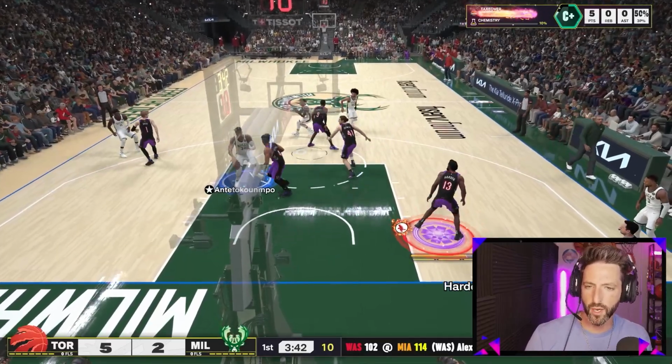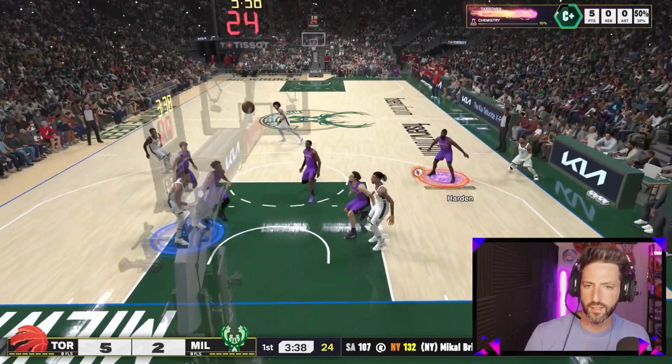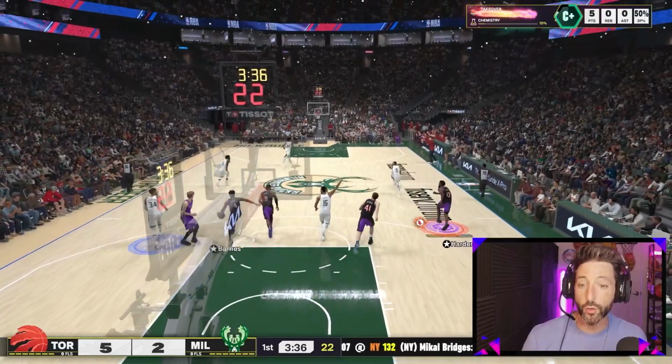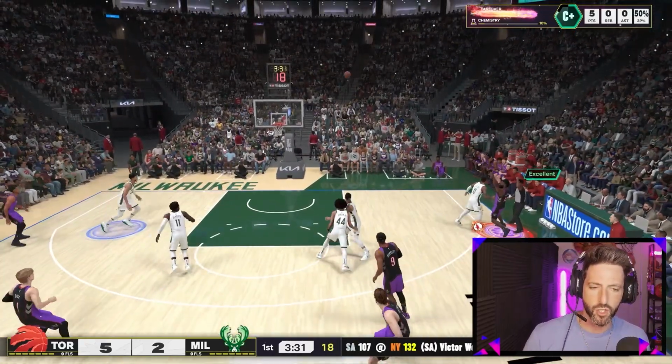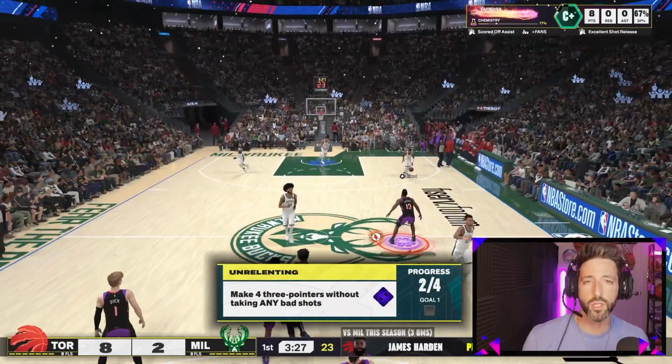Now on defense is where things get weird a little bit because it doesn't flip around. But you can see immediately if somebody is running down the floor. And as we stick this jumper,